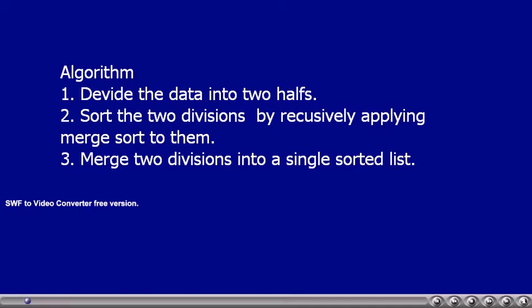For example, let us assume that we have an array with 8 elements. First we'll divide that into two halves, that is 4 elements. And the first 4 elements are further divided into two halves of two elements. And then again these two elements are further divided into one element, but one element itself is sorted, so nothing has to be done for an array with one element.